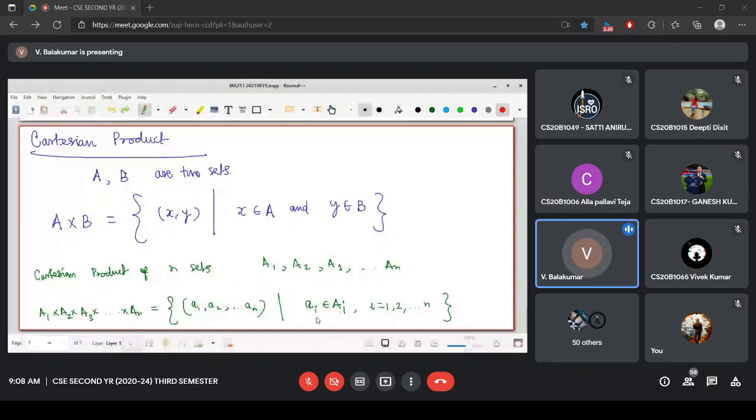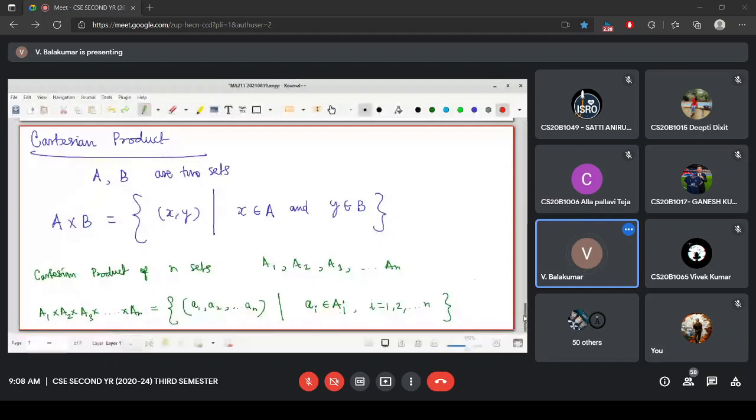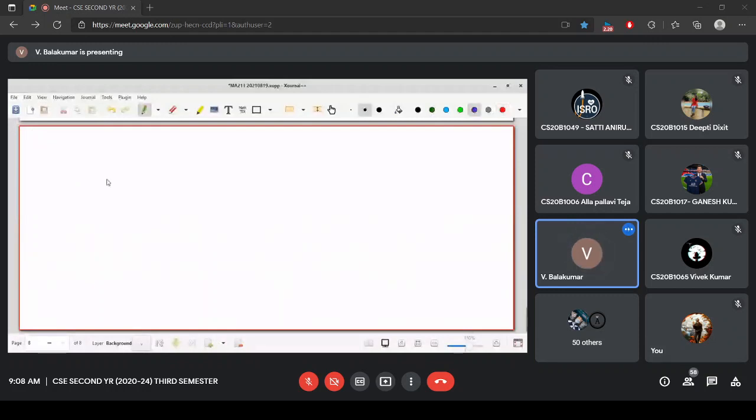Let me give some example. Let us go for an example with two sets. You have seen these things already, I just want to go through an example. You give me the set A, set B, then tell me what is A cross B. Proceed. Somebody tell me a small set with few elements. A larger set also is okay.